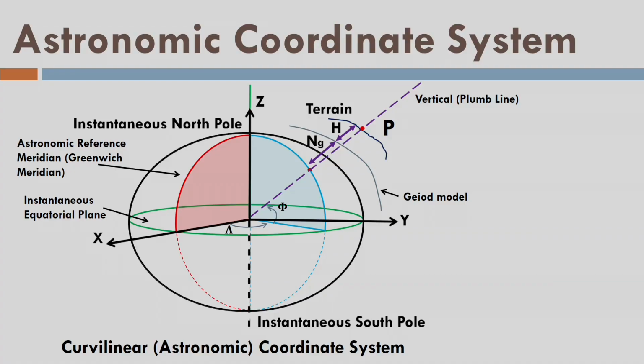And since there was a problem that we did not have any global reference, what they used to do was fix some stations called Laplace stations. On those Laplace stations they used to perform some astronomic observations, and using those astronomic observations they used to bring the whole network of points into the global reference frame. They used to assume that the ellipsoid at one place in that region is matching with the geoid. That means the surface of the earth and the ellipsoid are matching at a certain point, and with this idea they used to work around.